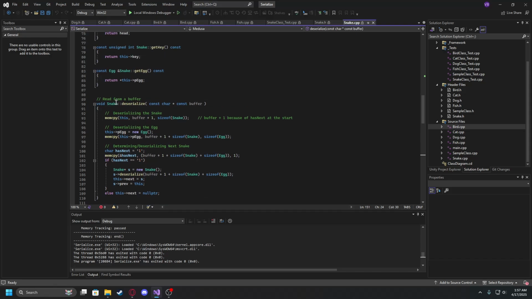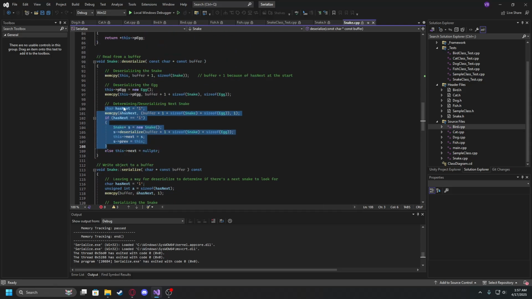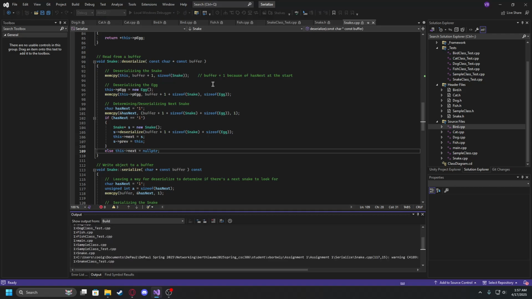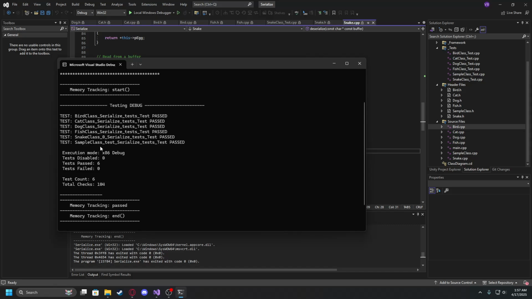Finally, when deserializing the snake, of course I do the snake itself, do the egg, and then I determine if there's a snake up ahead using that single character I left for myself previously. Then I continue to make new snakes and deserialize as necessary, and otherwise, if it's the end, the next is null pointer. So, as you'll see here, every test passes,